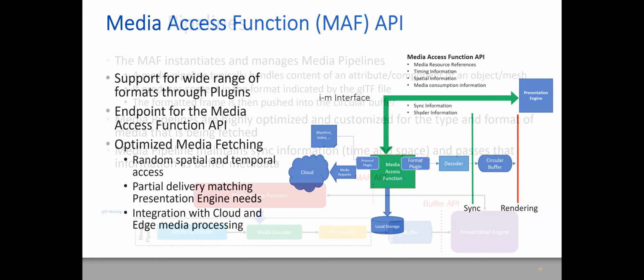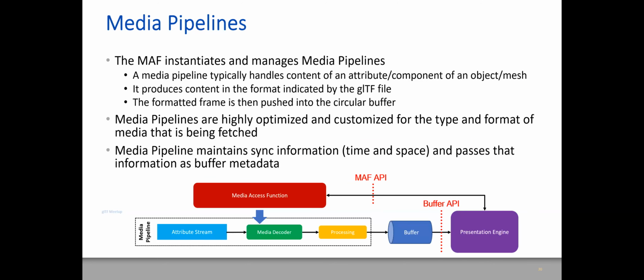So the media resources come with the scene description document, and we'll get to the extensions that enable that in a second. Then I said the media access function. Say you have a dynamic mesh, and it has one component that provides you with a dynamic texture, that means a video texture. The media access function gets the request from the presentation engine to make that available. So it looks at the alternatives and constructs what we call a media pipeline, which is dedicated to the access technology or the access description for that component.